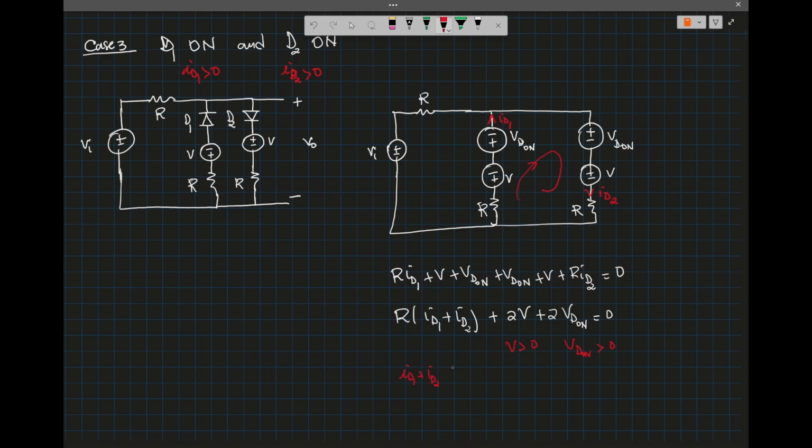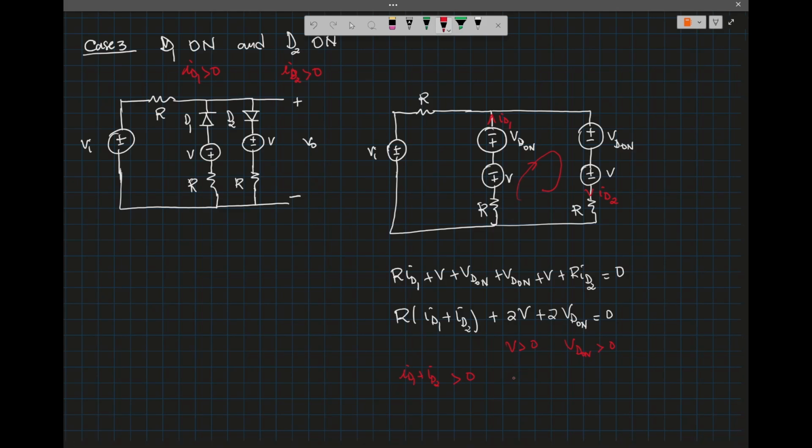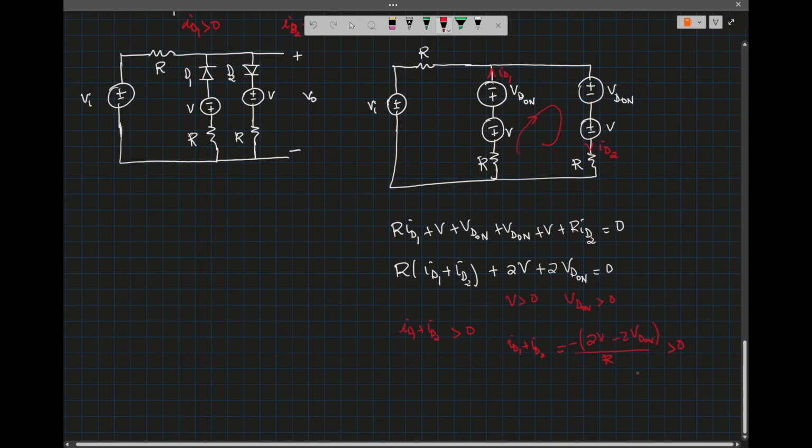So the sum cannot be equal to 0. So if we want this to be positive, when I calculate ID1 plus ID2 is equal to minus 2V minus 2VD on over R, we want that to be positive, which is impossible